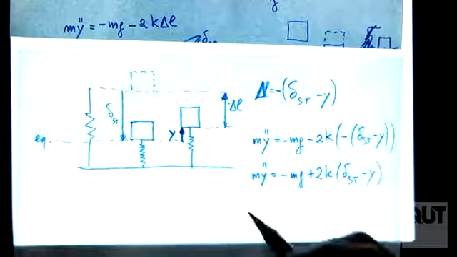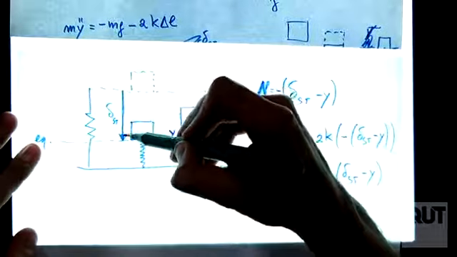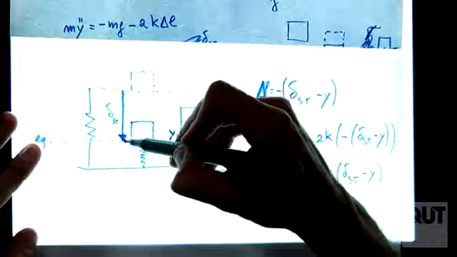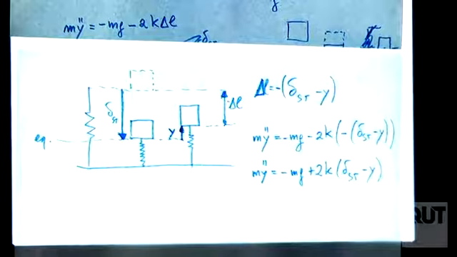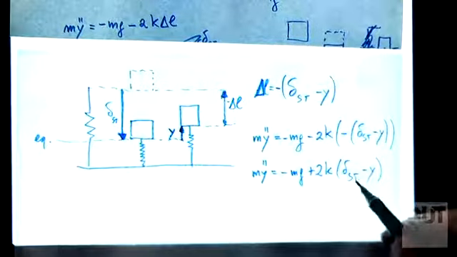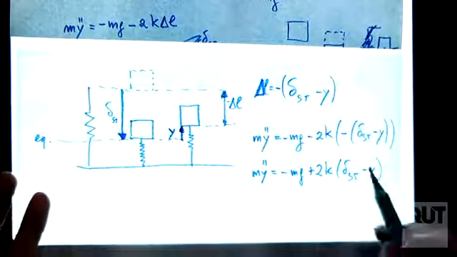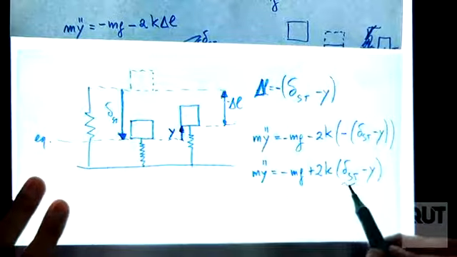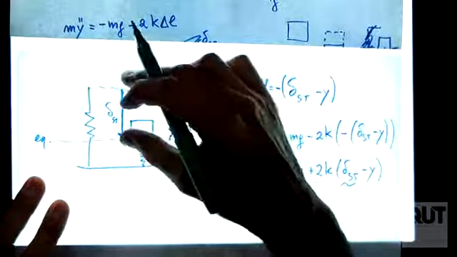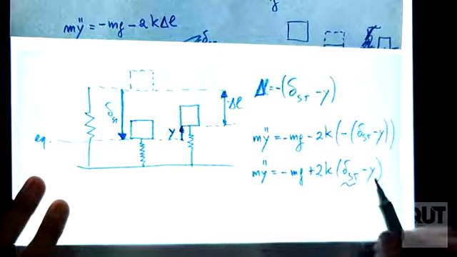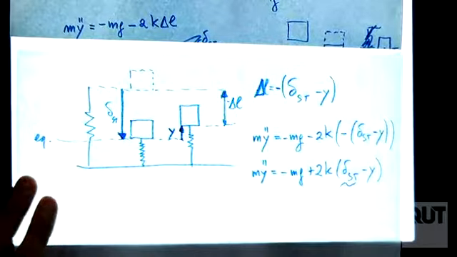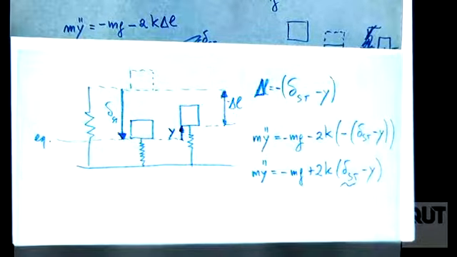And I'm assuming, look, delta static in this case, I'm assuming it's this quantity, so it's in compression, right? Delta static is compressing the spring. So I want to know two things out of this exercise. I want to know how much is delta static, how much the spring is compressed when it's in equilibrium position, and I want to know the vibration time. How can I do that? How can I find two quantities out of one equation? Well, there's a particular case, which is equilibrium, which will give me another version of this equation.